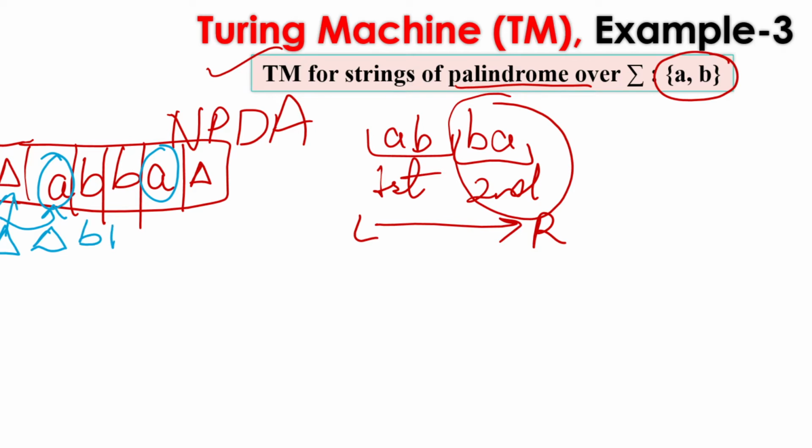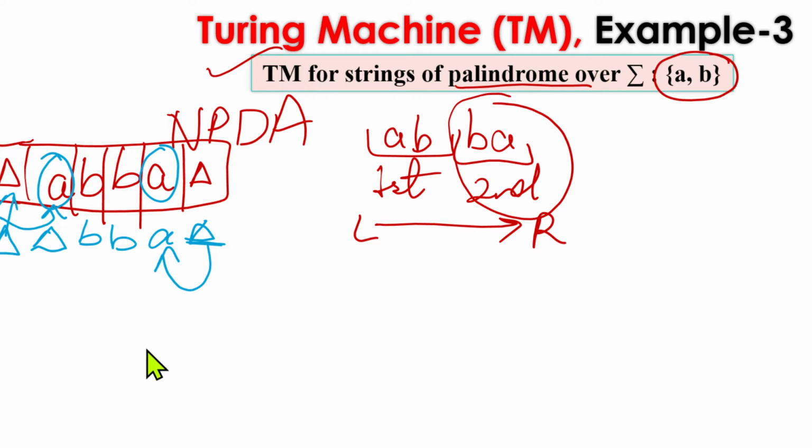Then we will simply move through the string till we get the next blank. So this will be the second blank after this blank. We will be finding the first blank on the right after the string. From this blank we turn one position left, and then we can check that this rightmost symbol must be A, because we are on the path of A. We have replaced the left A with a blank. So the rightmost symbol must be A only. It cannot be any other symbol.